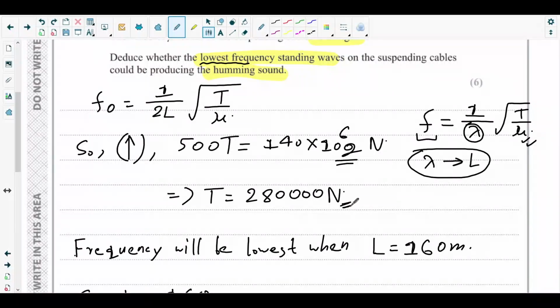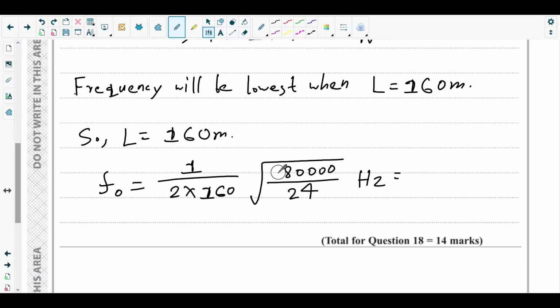So definitely there is a mistake with the tension. Please correct this. 140 times 10 to the power 6 times 9.81 over 500. Now it is perfect. It should be 27,46,800, not 2,80,000. That's a very small number. So 27,46,800, that much Newton. Please correct this and put 27,46,800. Now please calculate. So it is 338 over 320. So this is basically